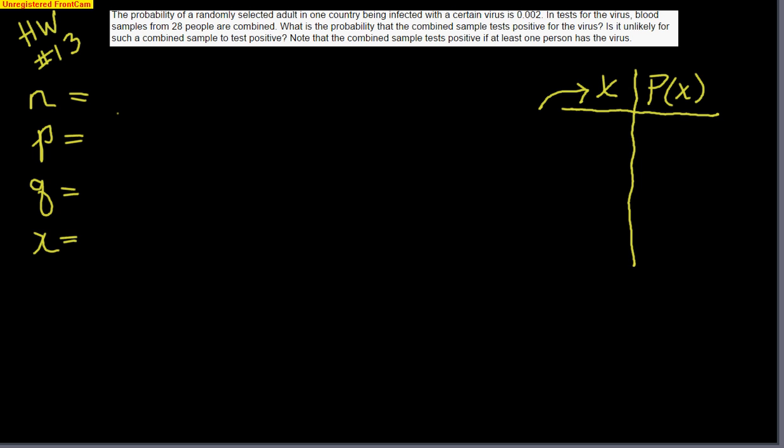In this case, let x be the number of people. Remember, x is always a finite, countable value. It is the number of people who test positive for the virus. Test positive or have the virus, however you want to think about it. If you can remember, p, which is the probability of a success, always links up with x. If x is the number of people who test positive, p is the probability someone tests positive, and that value is actually given to us right here,